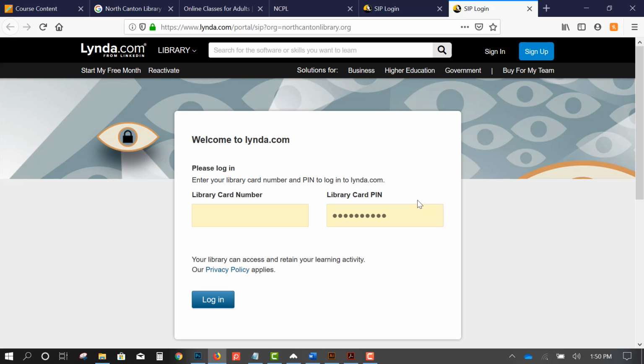which is weird, because those of you that were here in past semesters had to enter through LinkedIn Learning, but this is actually lynda.com from LinkedIn. It's a mess. It's part of the reason that we kind of stopped working with them. But the bottom line is all you need is your library card number and your library card pin, you press login,